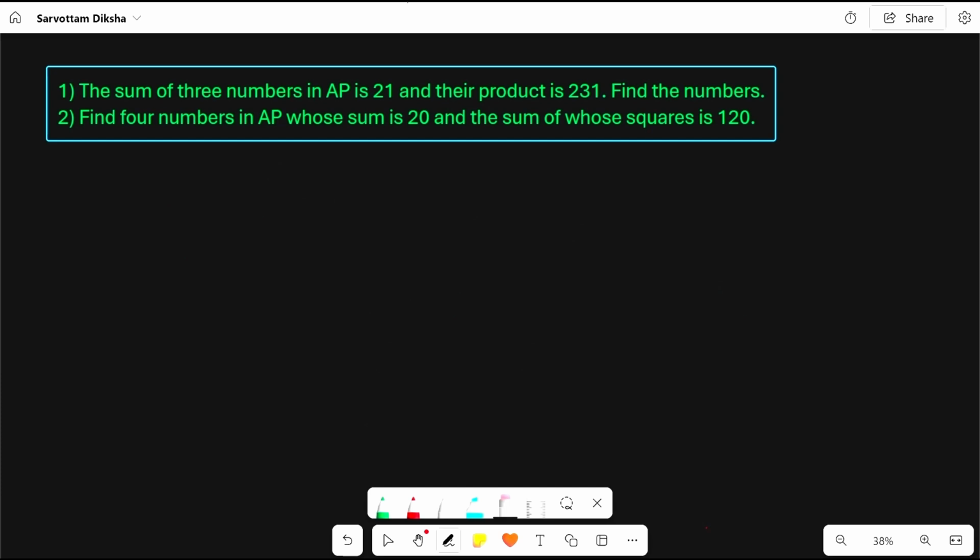What I will do if I have an even number of terms, as given in the second equation, I take the middle two terms as a minus d and a plus d. So the common difference between them I take as 2d, because for an even number of terms there is no mid. So mid here, if you see, I have taken as a. I added d to it and I'm subtracting d from it, and this mid is not part of this AP.